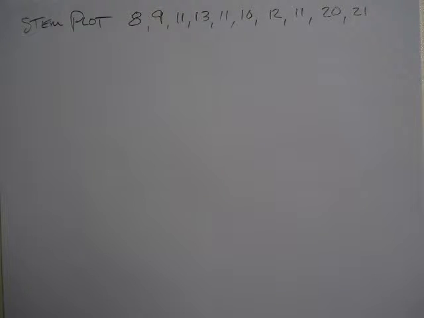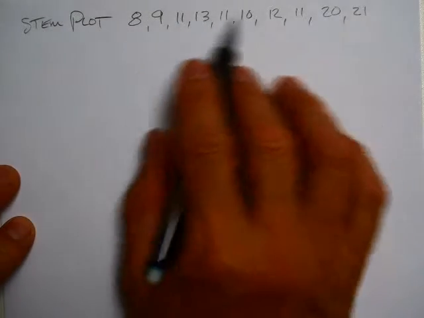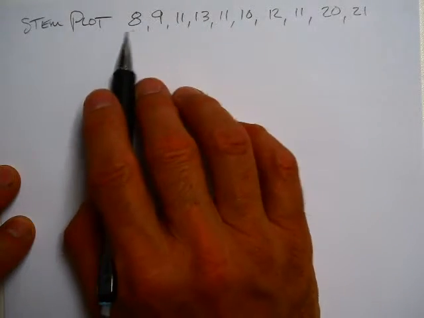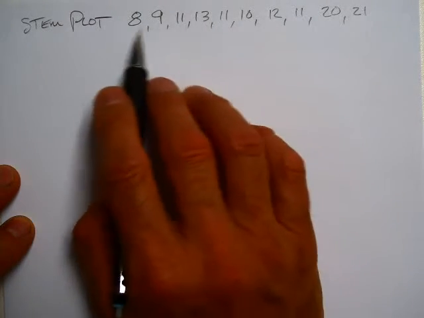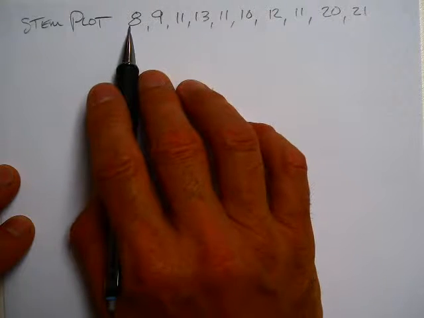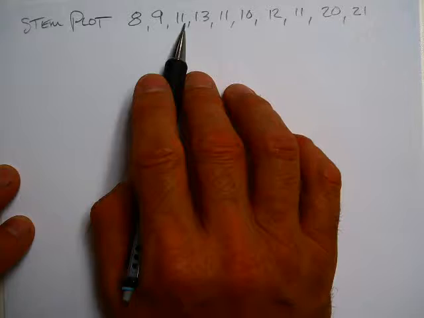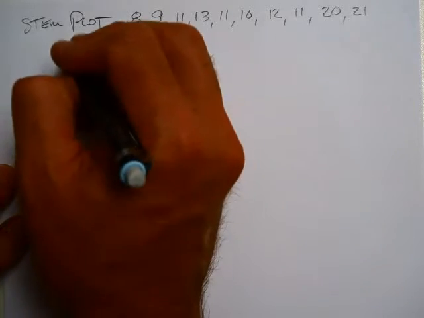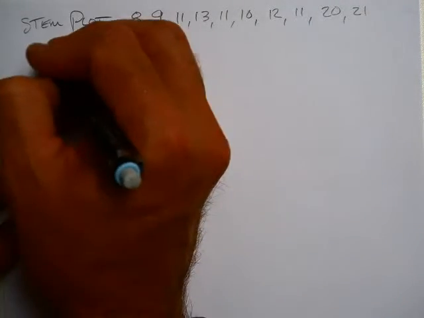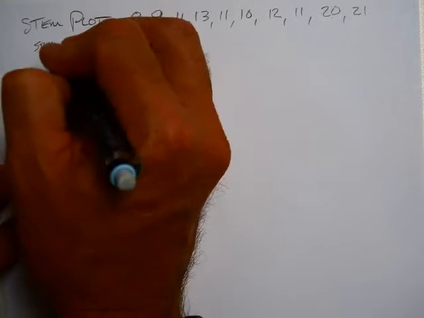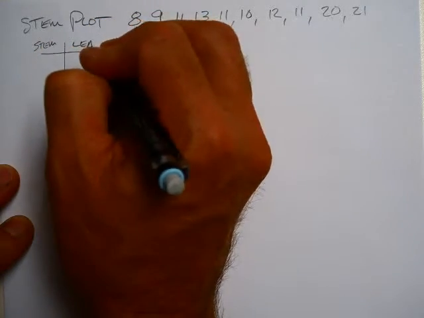So when we take data and put it into a stem plot, we split the data into two different parts based on place value. So the place values that I have with these is I've got 10s and I've got 1s. Here the 8 has 0 10s and 8 1s, right? And the 9 has 0 10s, but here the 11 has 1 10 and 1 1. So when I make my stem and leaf, this is the stem, this is the leaf,